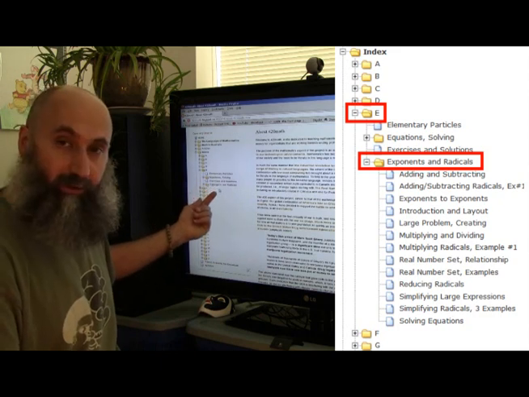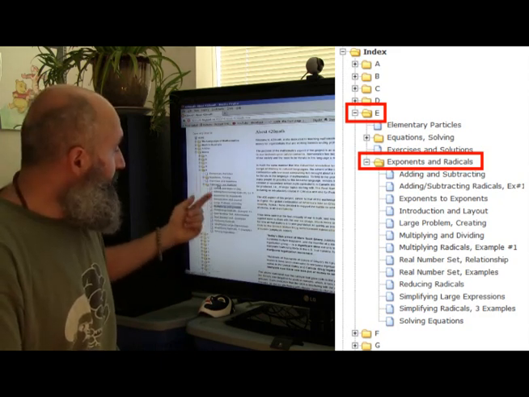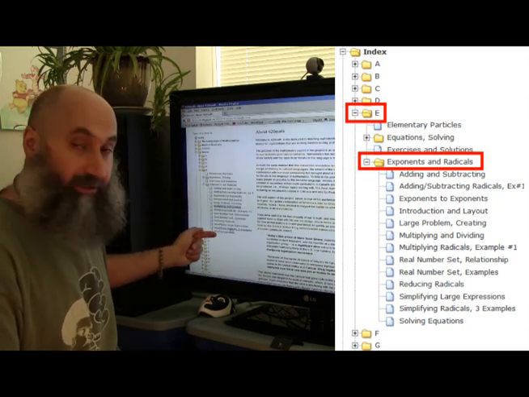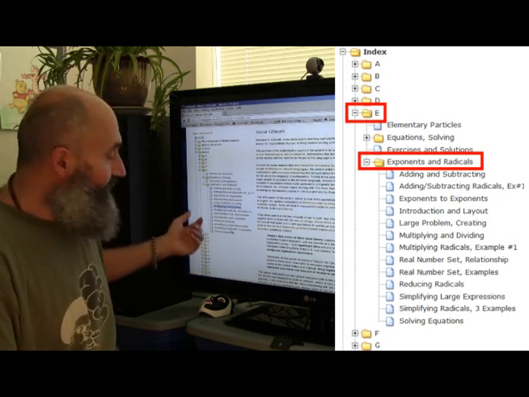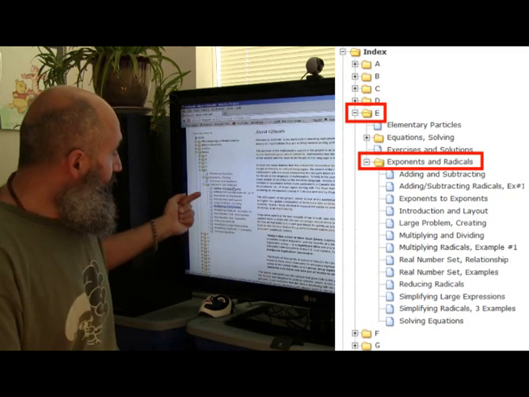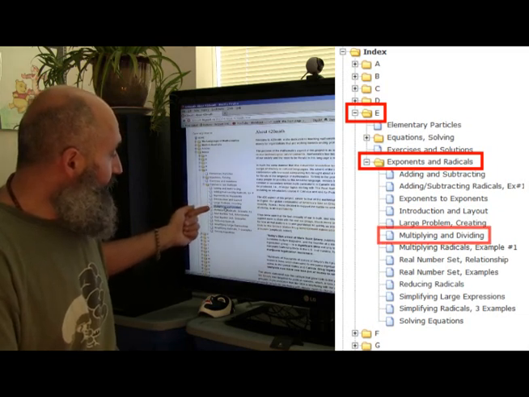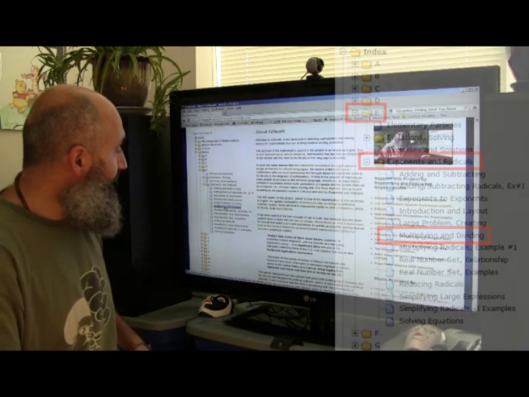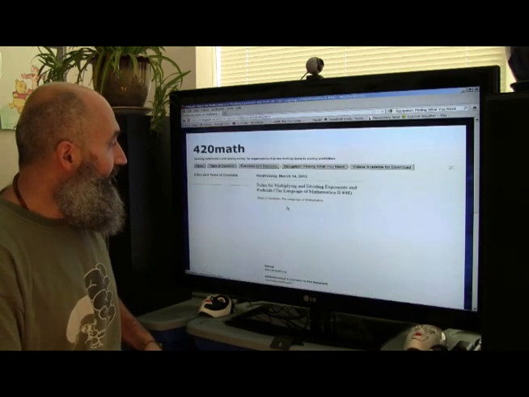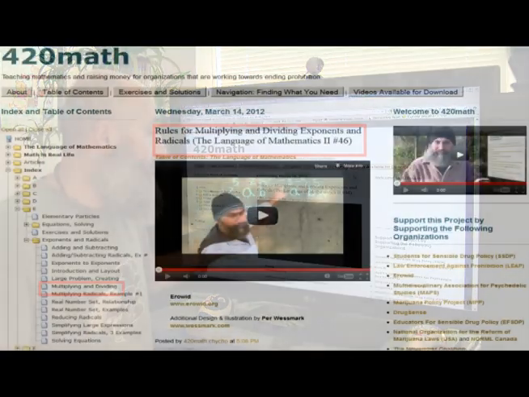and we see that there's a folder here called exponents and radicals, and you would click on that, and there's a whole bunch of videos here on exponents and radicals. I ended up doing this in series 2, so there's a fair bit of information there. So for multiplying and dividing, there's a page here, multiplying, dividing exponents and radicals. You would click on multiplying and dividing, and that takes you to the page that contains one of the lessons